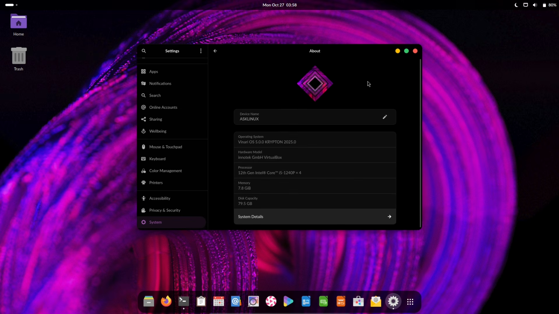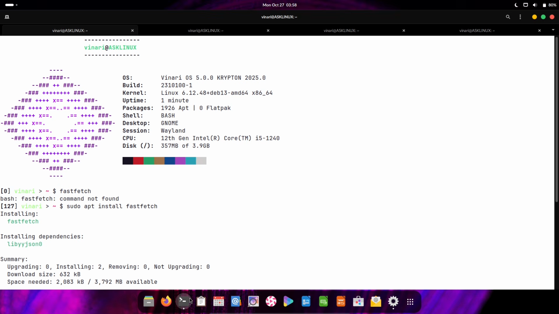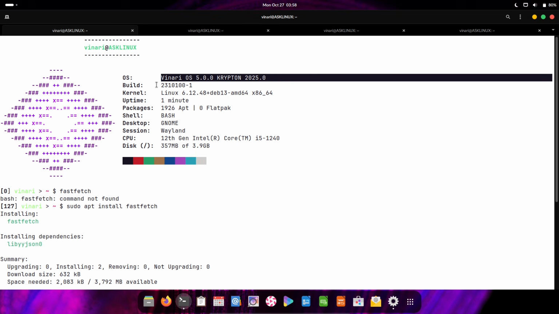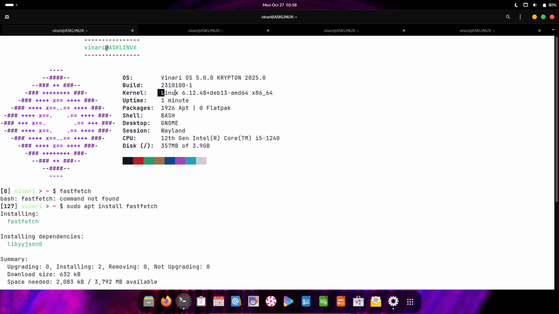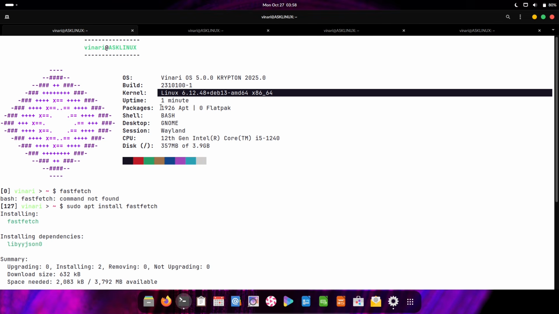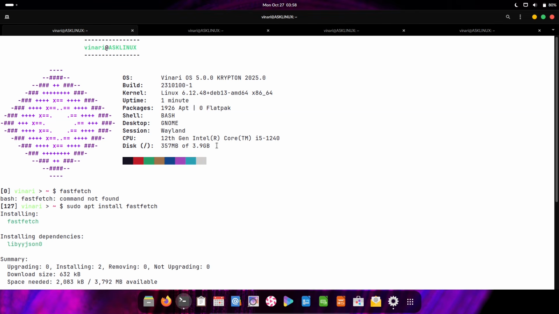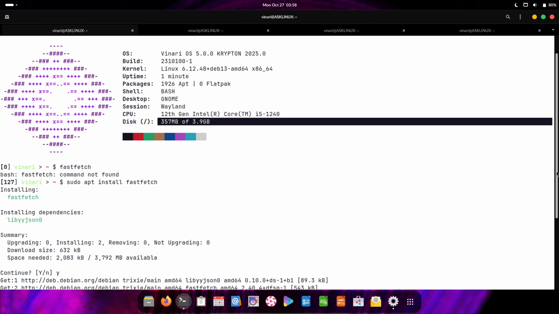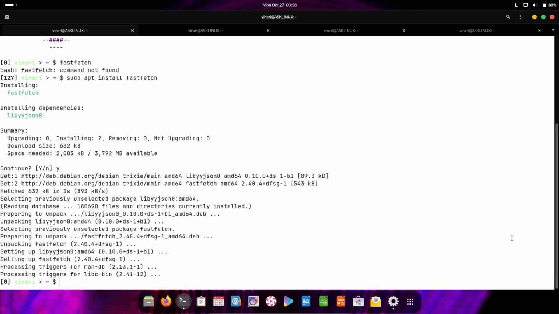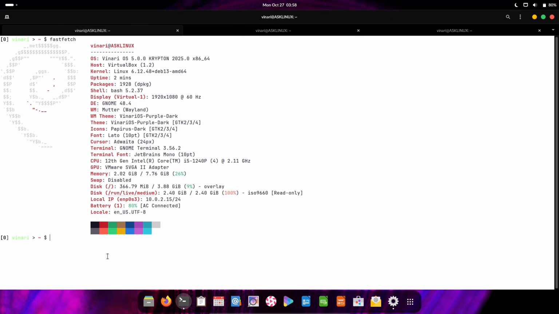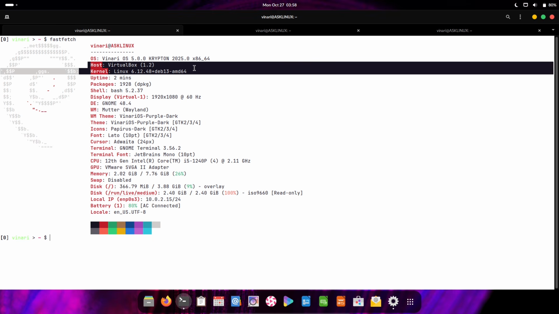for. What this release is. Venari OS positions itself as a polished, ready-to-use GNOME desktop for newcomers. Version 5.0, codenamed Krypton, is the project's first release based on Debian 13, and it brings a big stack of updates. A newer Linux kernel, updated multimedia stacks, fresh developer toolchains, and tweaks to their custom apps and themes. If you like Debian stability but want a modern GNOME experience out of the box, this is aimed squarely at